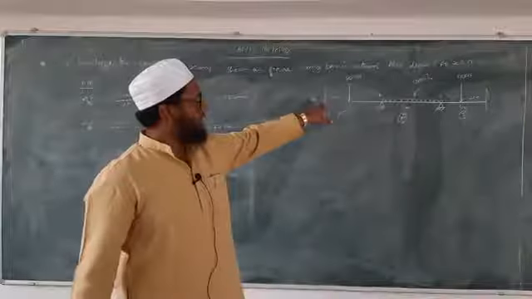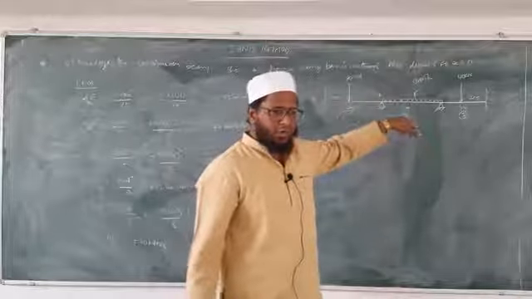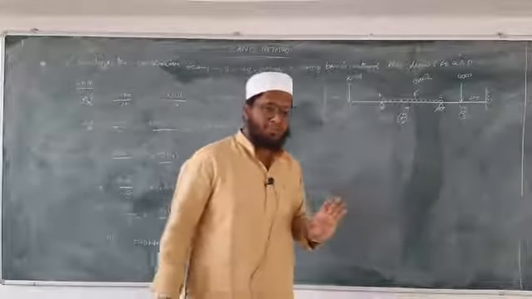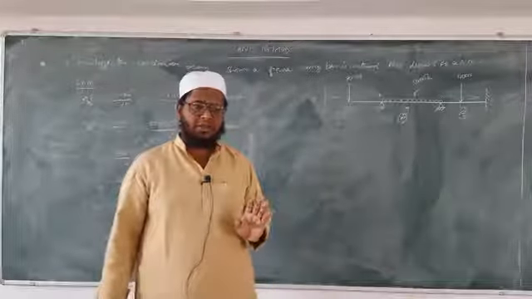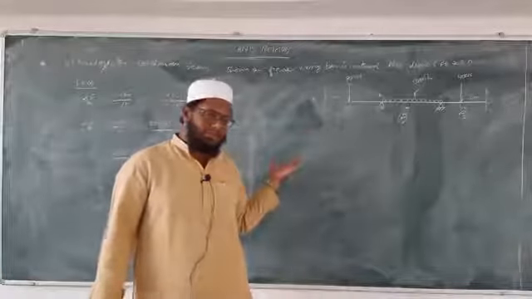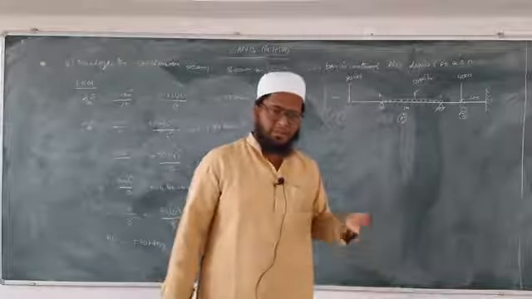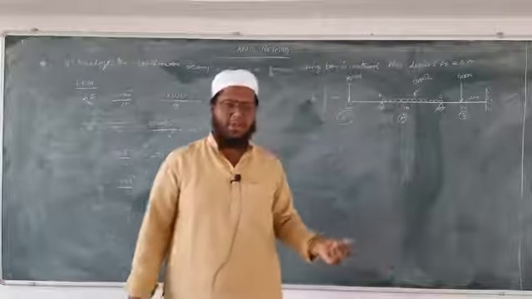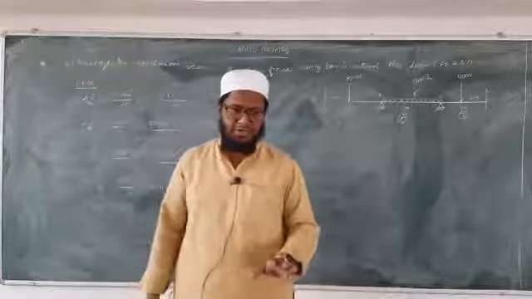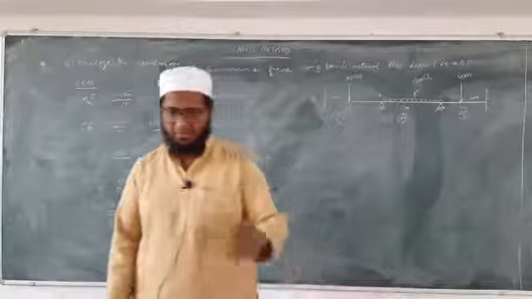We will be having fixed end moments. One moment will go in anti-clockwise direction, another moment will go in clockwise direction. So all these moments we have calculated. What is the next step in moment distribution method? We used to calculate distribution factor, isn't it? After calculation of fixed end moments, we generally go for distribution factor. In this method, we calculate rotation factor instead of distribution factor. Okay, the table will be the same, only one addition will be there in the table. Okay, copy down.